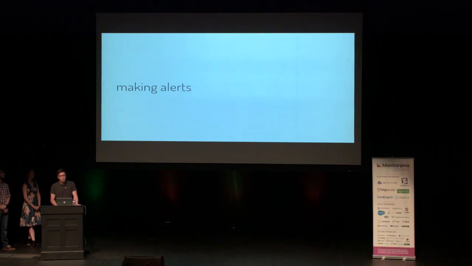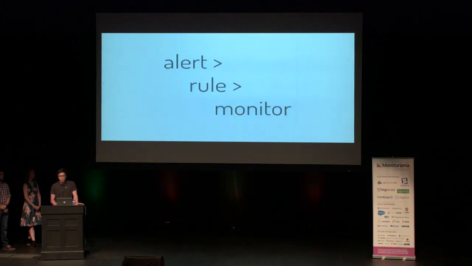So first, alert configurations. In the old alerting system, we had a pretty straightforward object hierarchy for our alerts. Each alert contained n rules, each of which had m monitors. A rule is basically a query to the time series database, and a monitor is a predicate applied to a single time series. So alert config files were stored in Git and uploaded to our alerting system via a command line interface. So what was good about this?